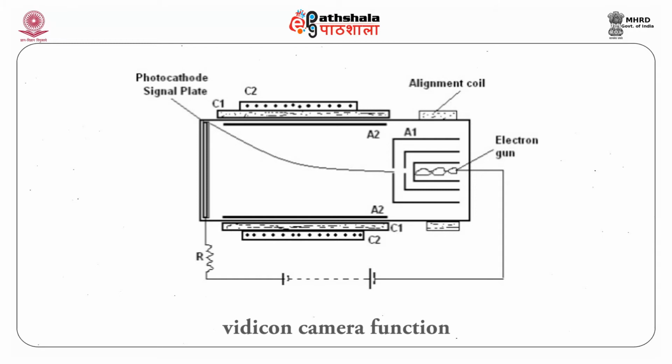Conductivity of the corresponding point on the target in the signal plate is altered because there is an impinging of light photons onto the selenium plate of the camera. The electron gun present in the camera gives out a narrow beam of electrons. The electron beam scans the target using accelerating anodes A1 and A2 and the deflecting coils C1 and C2 as